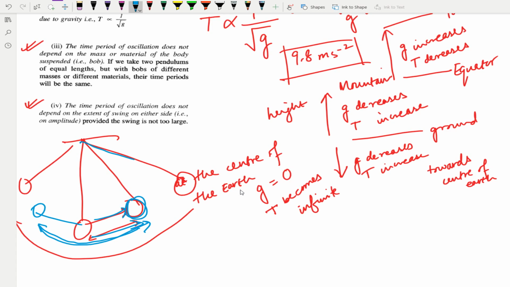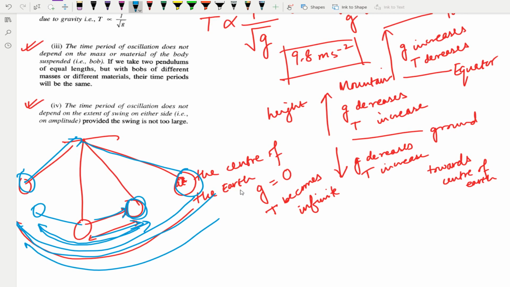And if you increase the amplitude, that means if you take it to this side and release, it will cover more distance, move over here, the amplitude increases, but this one complete oscillation from one end to the other will still take 2 seconds. So it took 2 seconds and we were able to conclude that the time period was not depending on the extent of the swing, extent of the amplitude which we are taking. Now what is the reason this happens?